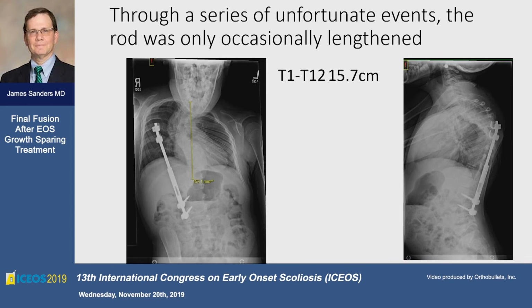Paul. Just curiously, these patients have an increased risk of syrinxes too, so we should at some point have an MRI. He did have an MRI. It was normal. Yes. Yeah. Stefan. My question is, what is that series of unfortunate events